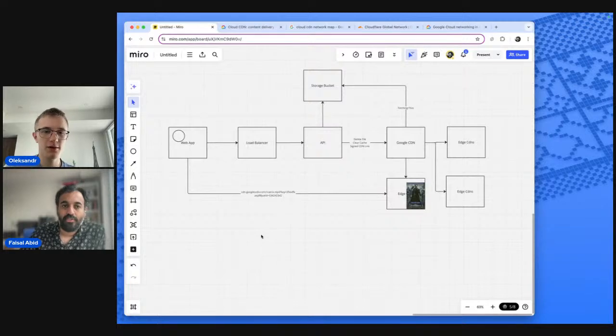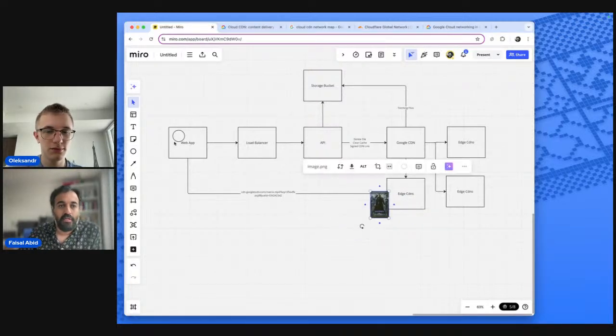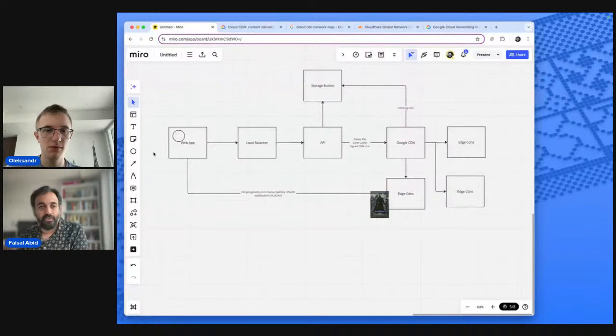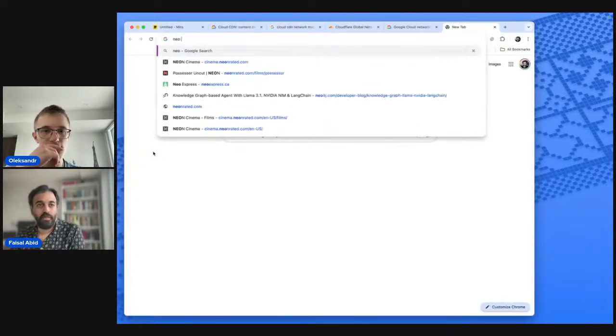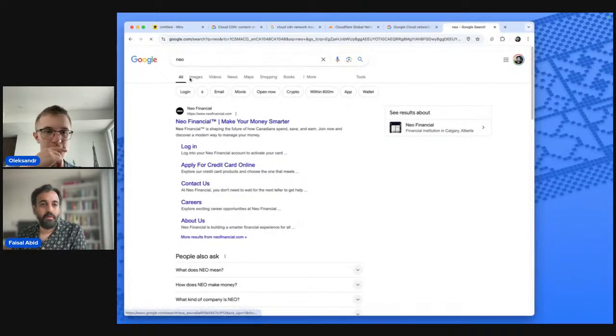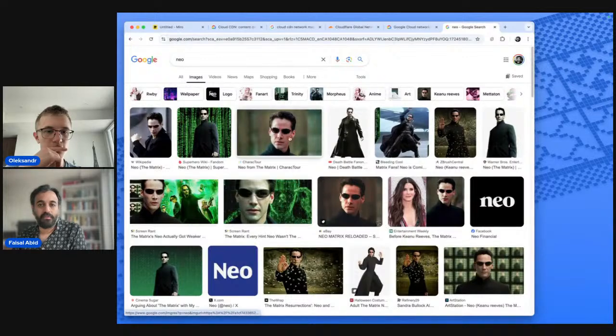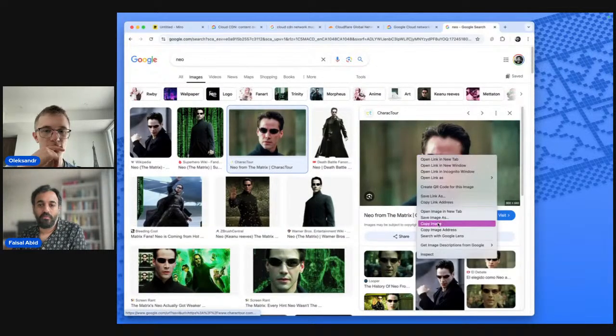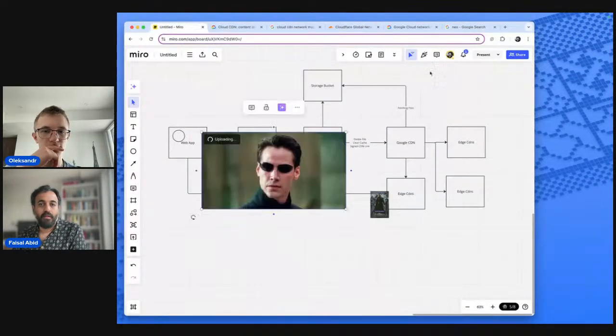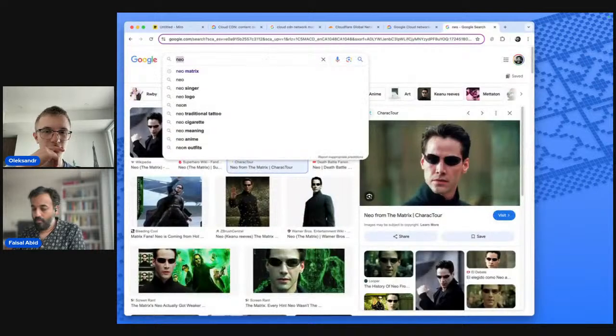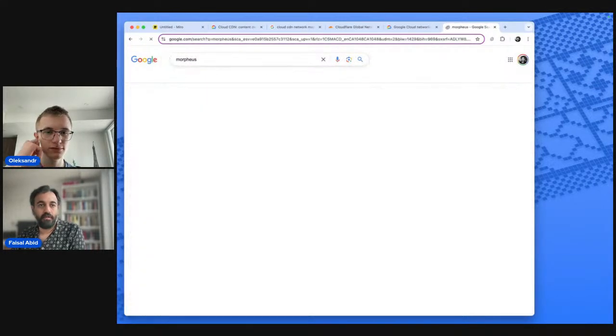The recommendation engine is interesting, and we'll stick to this master diagram we have here. Now let's say we have two users that want to watch. Let's say there's three people. First we have Neo who wants to watch a movie. And then we have Morpheus who wants to watch a movie.